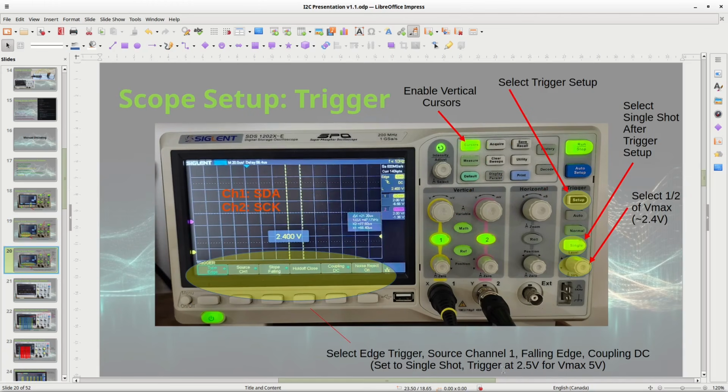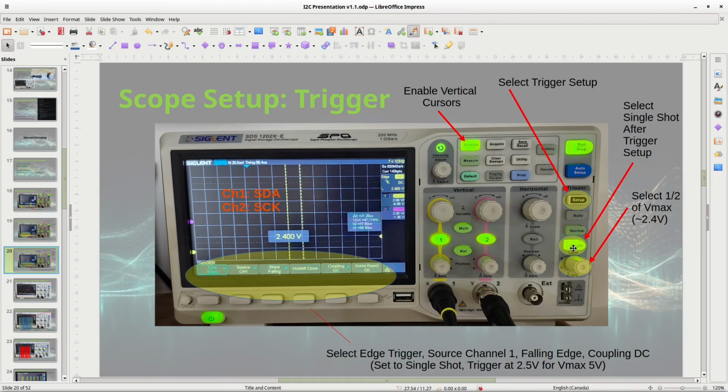And your trigger level here, you're going to set this to be 1/2 of your Vmax. In my case, it's 5 volts, so you can see my trigger is set to 2.4 volts, which is roughly about half. So you want your trigger to be halfway because you want the signal to be clearly coming down.